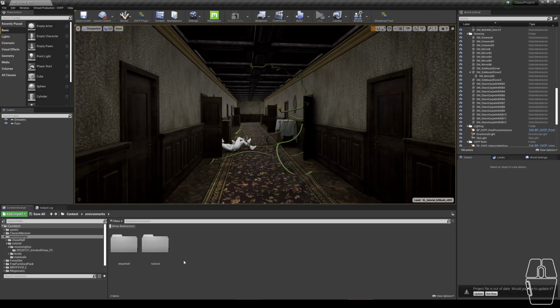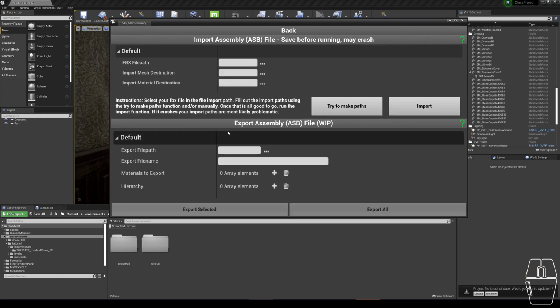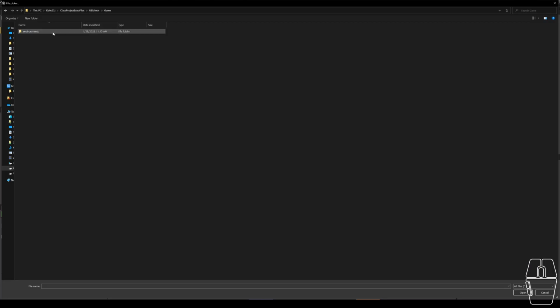If something goes wrong or I need to manually import one of the ASBs I have created inside of Blender, Maya, or Rhino, if I come into the OVFP plugin, there's an Import-Export field. Inside of here, I could select the FBX that the export generated. So this FBX file path, click the triple dot, come into that UE mirror folder, Game, Environments, Tutorial, Incoming Geo,